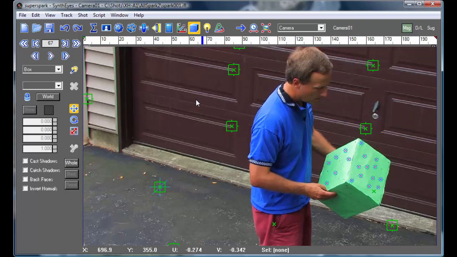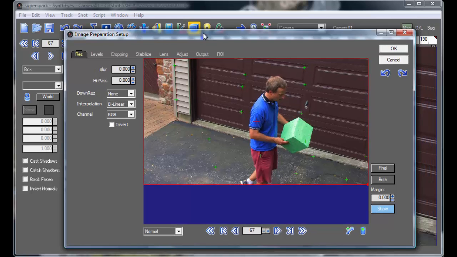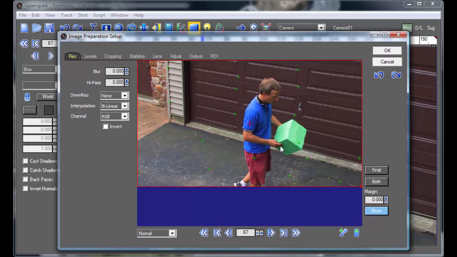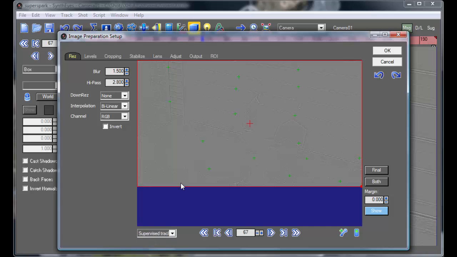In this particular shot, the little dots that are being tracked on the box are quite small. So what I did was go to the image preprocessor and set up a special preset. And this preset uses both some blur and high-pass filtering to remove the effect of compression noise on those small dots, and also to reduce the effect of the changing angle and lighting of that box as it's being moved